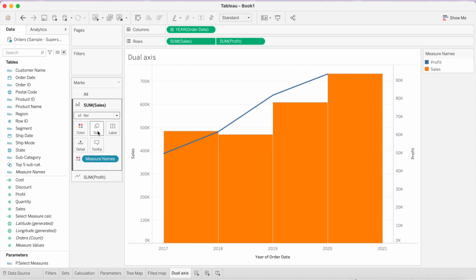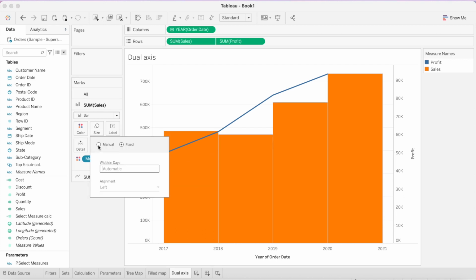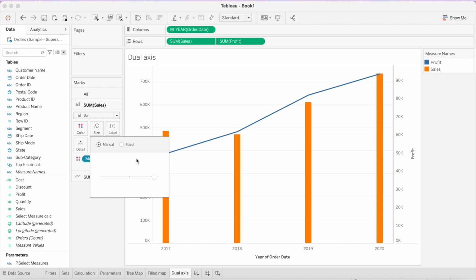We can change the size by manually selecting it, and as per our requirement, we can change the size of these bars in a chart. And this is how we can create a dual axis chart with two measures on two different sides and two different types of charts in one chart.